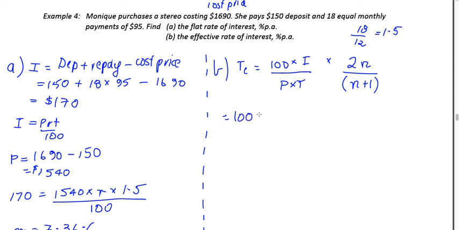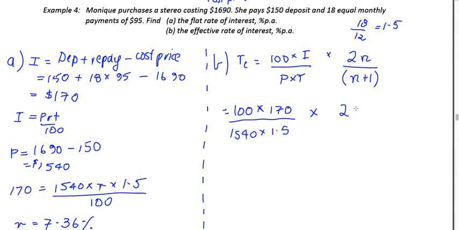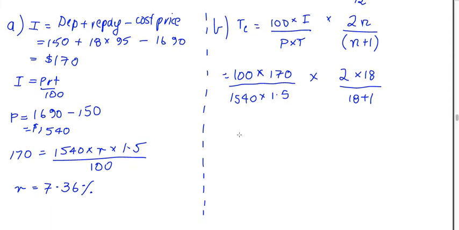Let's get this information in and have a look at the difference. 100 by 170, principal was 1540, times by 1.5. Number of repayments, there were 18. Pop that into your calculator and what you will get is